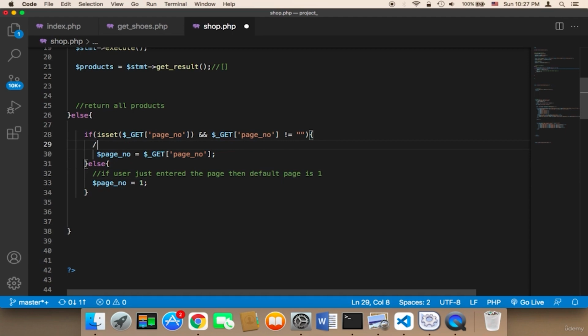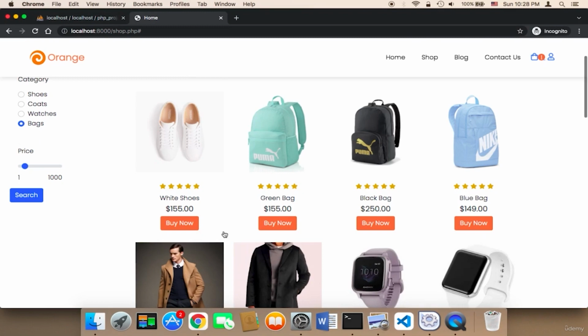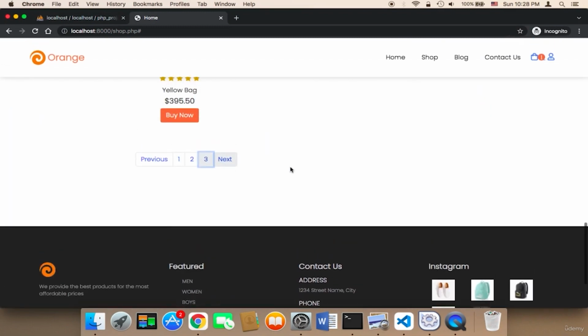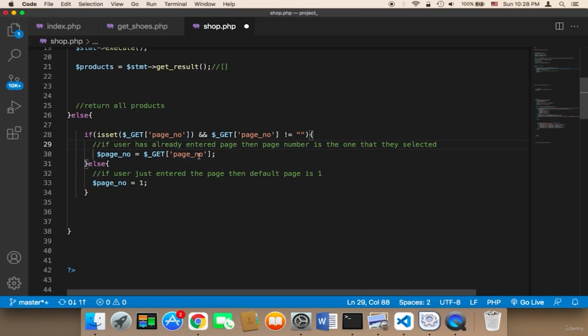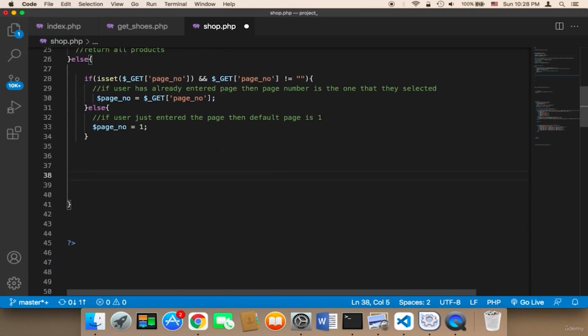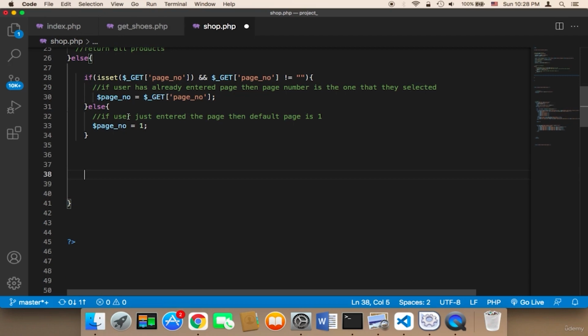If the user has already entered a page, then the page number is the one that they selected, because they may have clicked on page 2 or 3 or next. So we need to say the page number is going to be equal to this. Now after this code, what we want to do is get products from